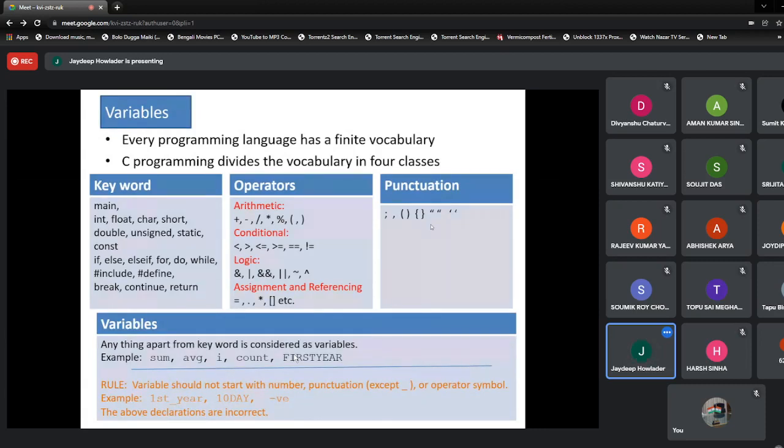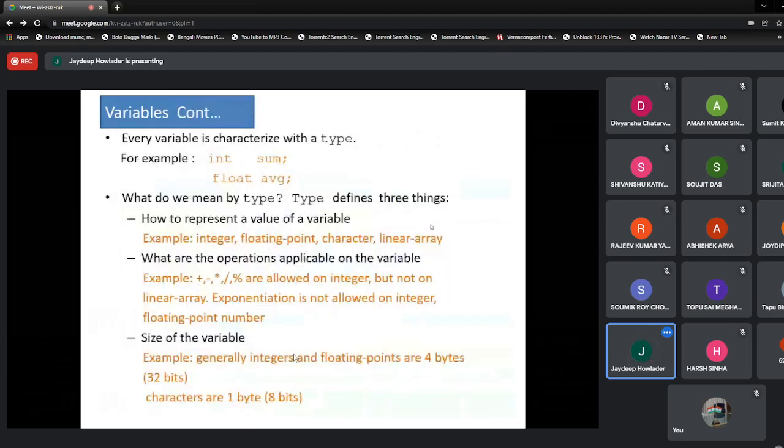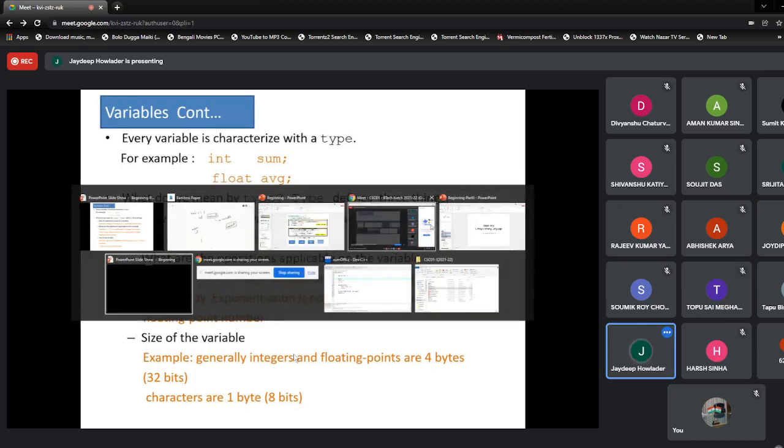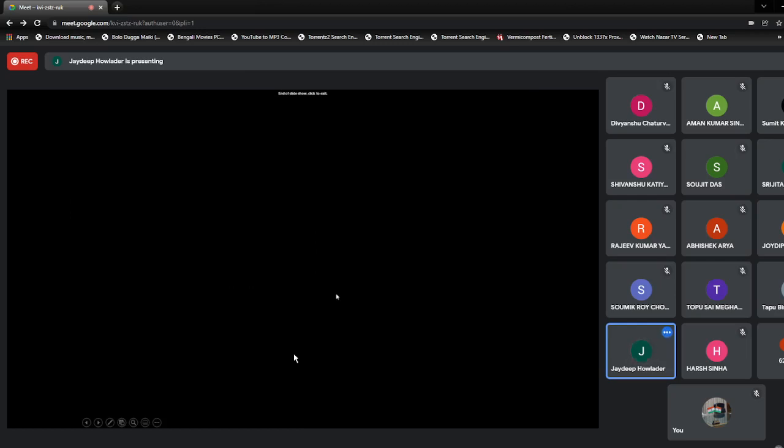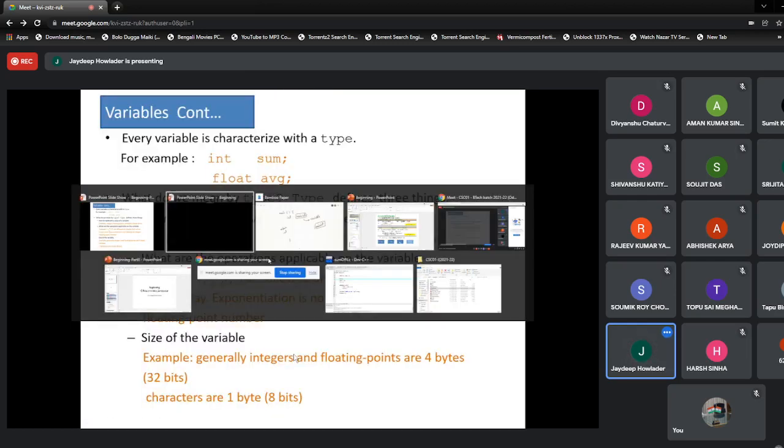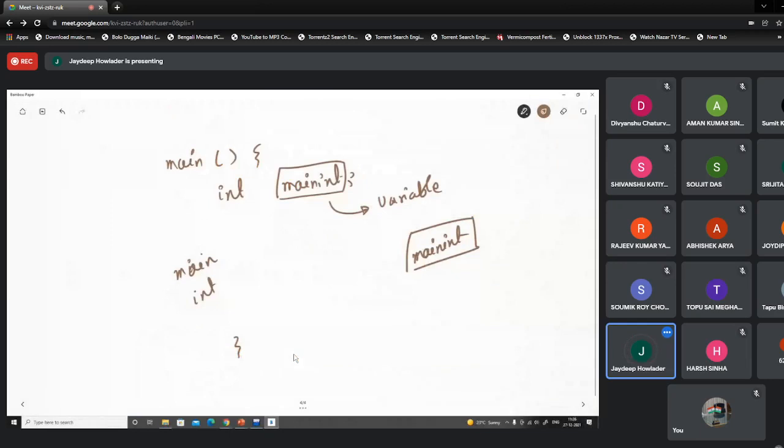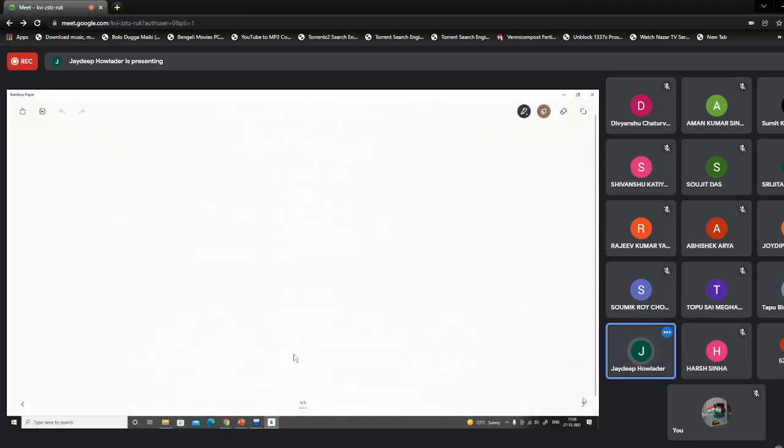Then what do we mean by variables? When I define a variable, variables cannot be standalone. They must have some type. What do we mean by the type? Like I say, I have a variable count.